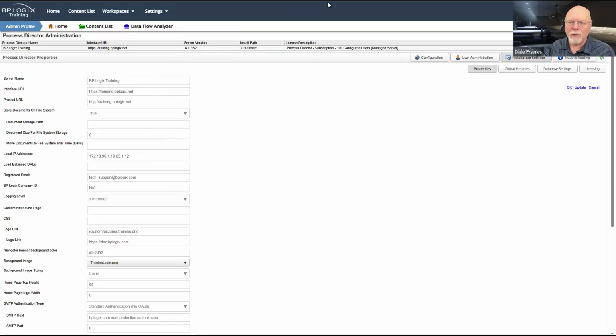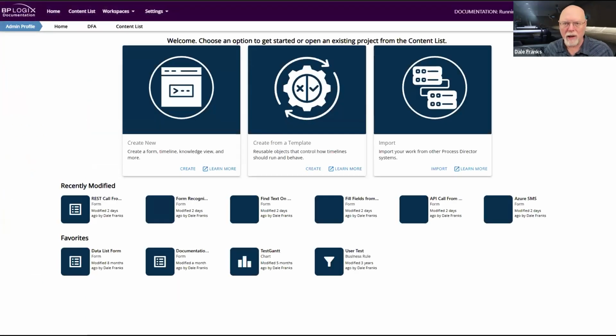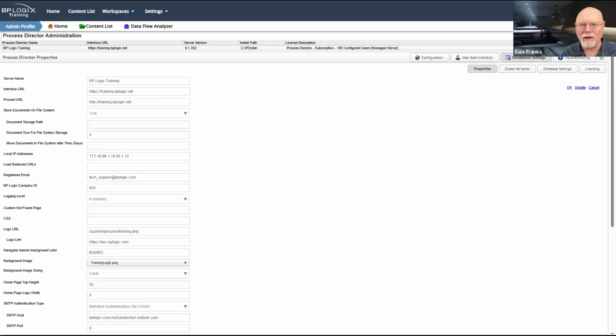But that setting enables you to change the menu bar, so it gives you a little more customization, along with, of course, the logo, which you can customize, as I've done for both the training and documentation folders. So just a little aside to talk about today, I guess announce the feature isn't the proper word, but to point out a new feature we added that gives you a little better sense of customization.